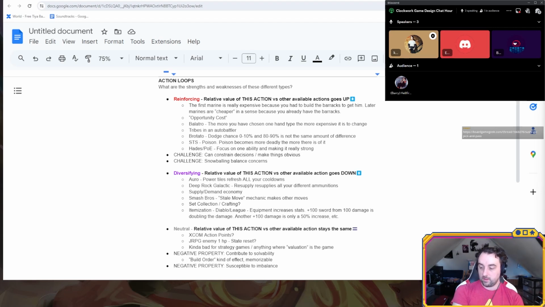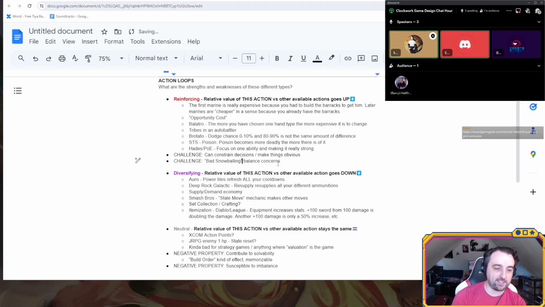So in general, reinforcing loops are probably a lot more okay in single player games. In multiplayer games, snowballing can be a big problem. I think snowballing is sometimes useful in multiplayer games. Once a player gets pretty far ahead, you kind of want the game to snowball to an end state very quickly, so there's no lame duck situation. Sure. But you don't want that happening near the beginning of the game.